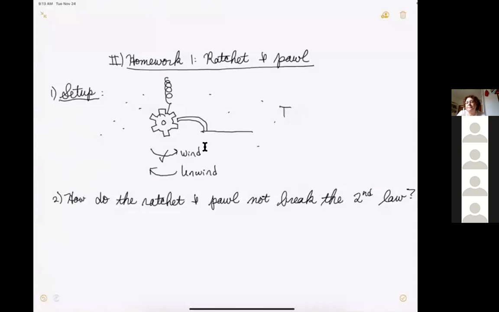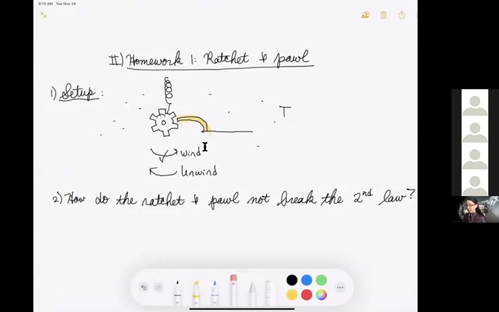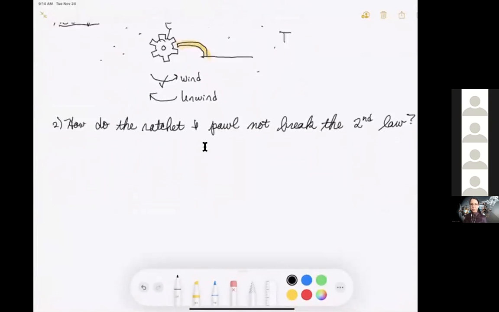Yeah, thanks for sharing your answer. And good to see a few of the faces in the course. Yeah, and in particular, our pawl here is also in thermal equilibrium with the bath. So the bath kicks the ratchet to wind it, but it's also going to kick the pawl. So the pawl will lift up and jiggle around and eventually let the ratchet unwind. So as you said, if